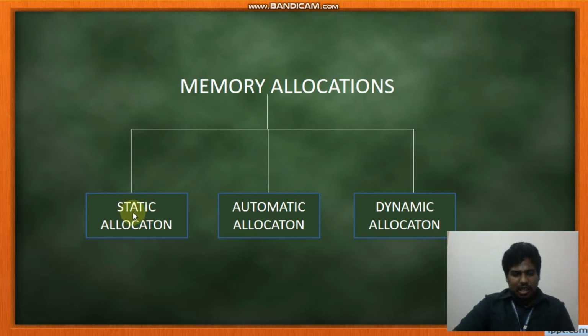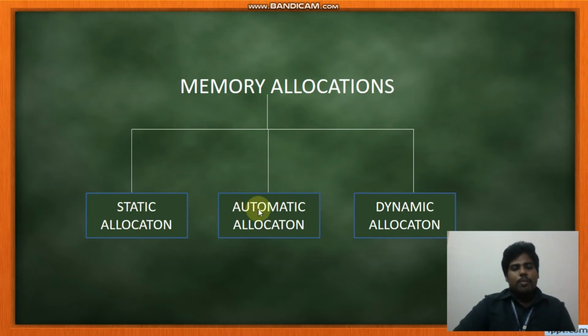Static allocation is nothing but, if you declare the variables, these allocations depend upon where the variables are present in your program. If your variable is declared above the void main, that is globally, then that variable will be allocated in the static allocation. In the RAM, the computer's primary memory, the storage is divided like that. All the global variables and static variables are present in the static memory.